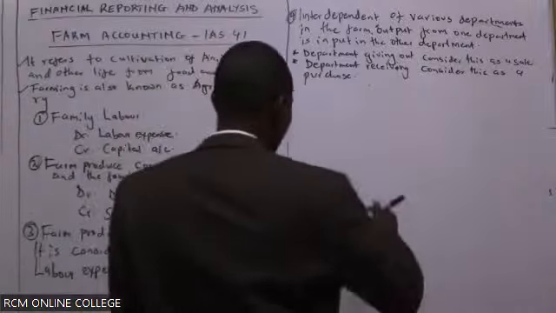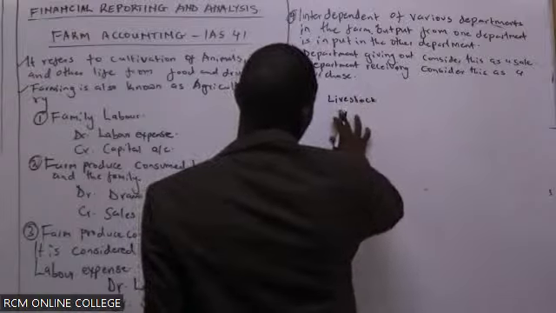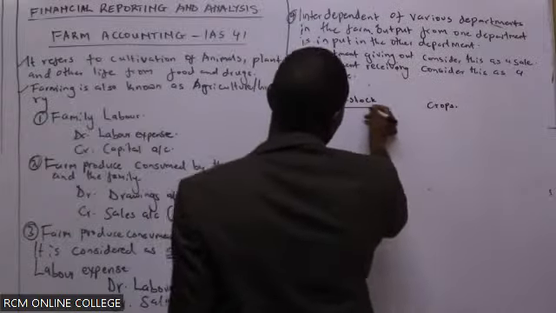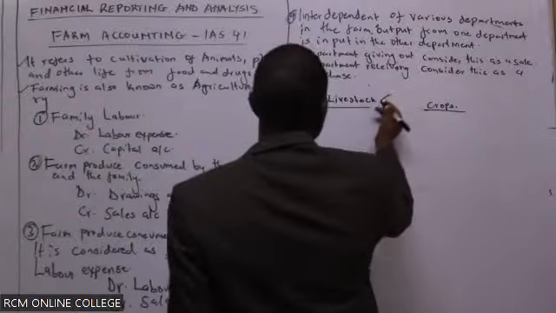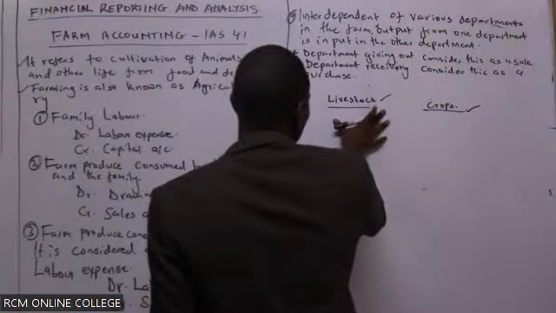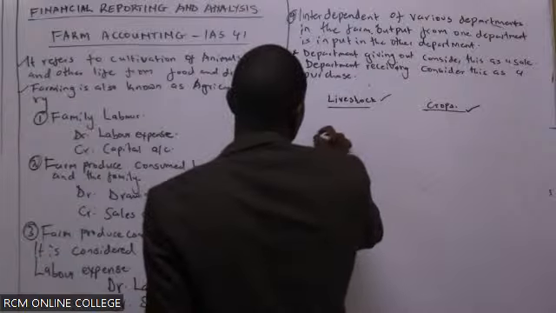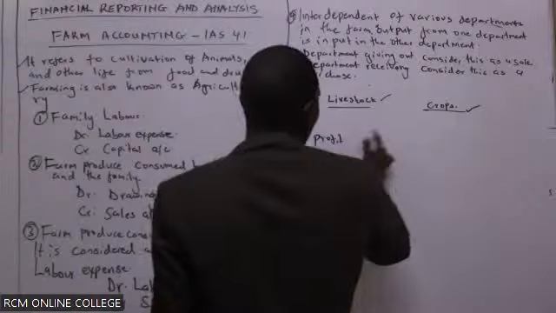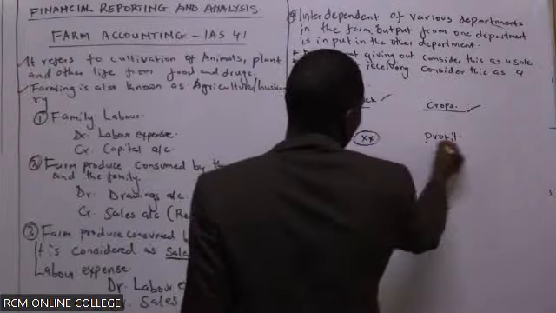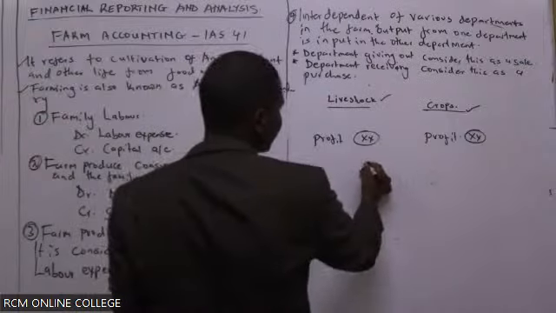If the farm is having both activities, livestock activity, they are rearing livestock, and also they are dealing with crops, so you're going to have the livestock revenue account and the crop revenue account. Of course, once we adjust all the items, at the end we're going to get the profit from livestock and then the profit from the crop. The profit that you get here and the profit that you get here is the one that we take to our general income statement.